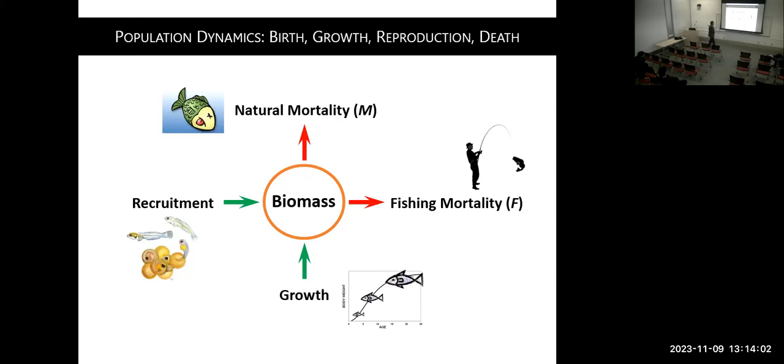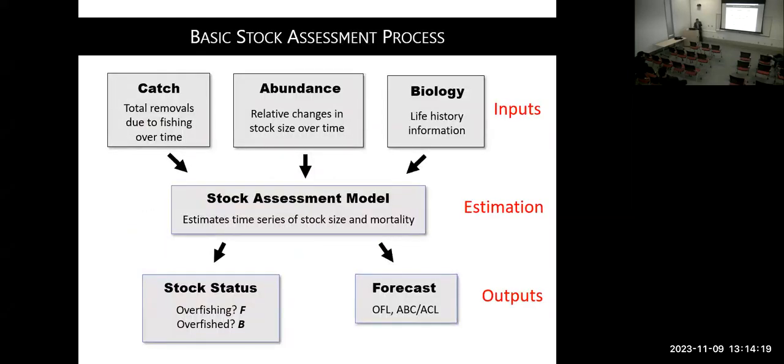And then you have growth, that would be the increase of fish size over their ages. So those are a positive impact on the biomass, and then the two mortalities will have a negative impact on the population biomass. So yeah, it's complicated, but it's also simple. If you can figure out all the natural mortalities, how recruitment is getting into the population, and how fish grow over time, then you should be able to figure out the biomass.